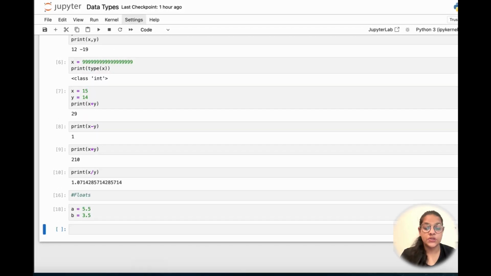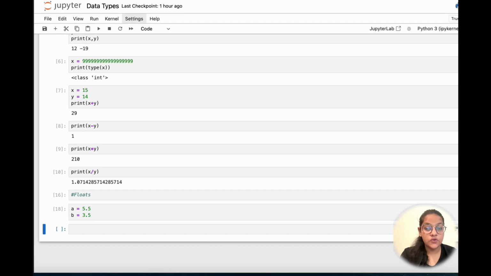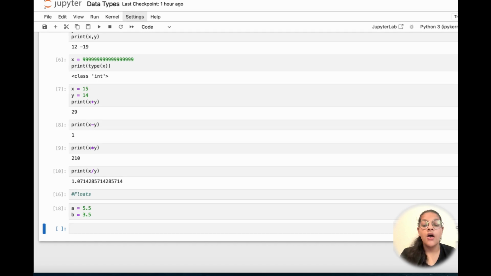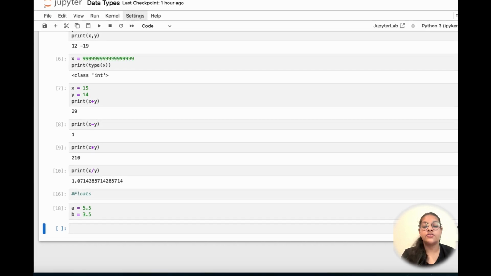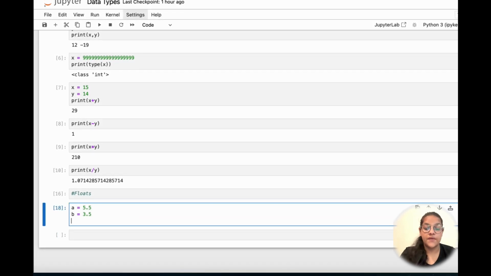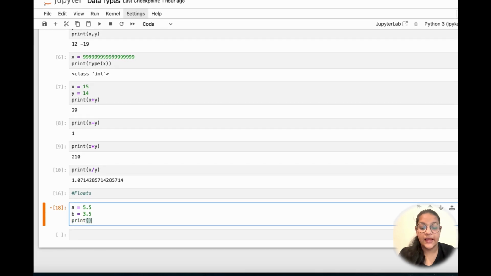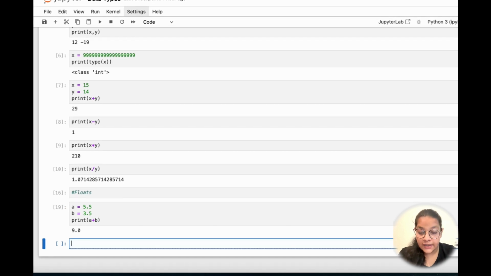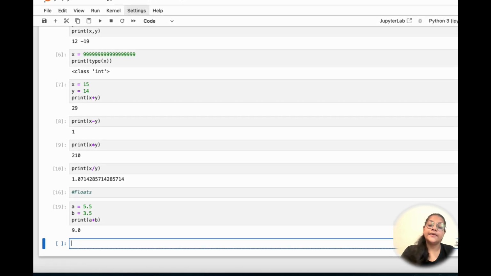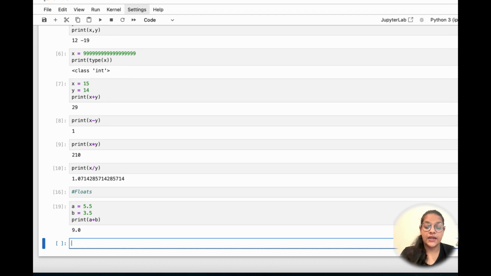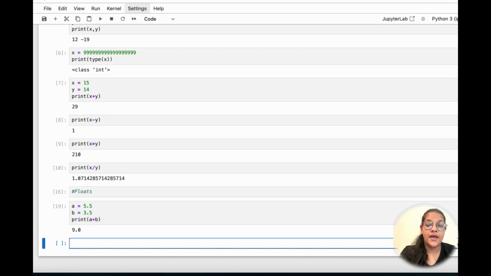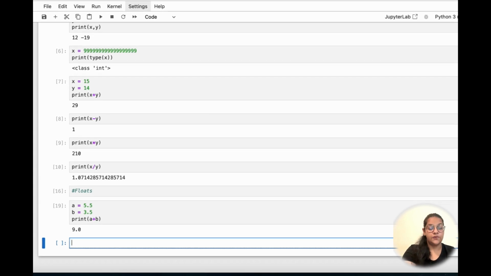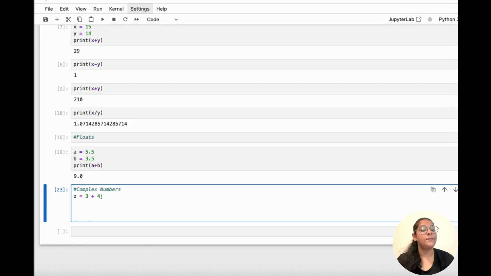So now we have floats with us. Floats are decimal values which are used when we need more accuracy, like in money and measurement. For example, now I have taken a equals 5.5 and b equals 3.5. If you want to perform operations like addition and subtraction, you can do it here also. And actually we have added here. You can try more. And just remember that not every exact value can be represented in decimal numbers because the computer cannot store every decimal value.